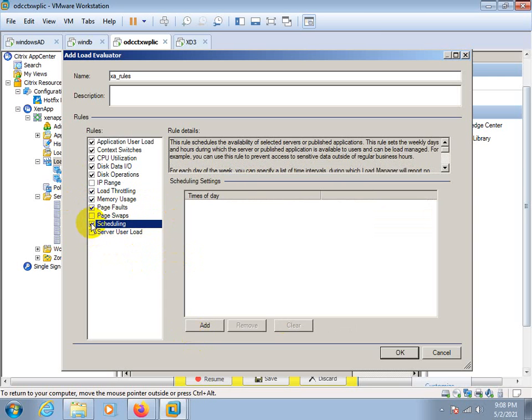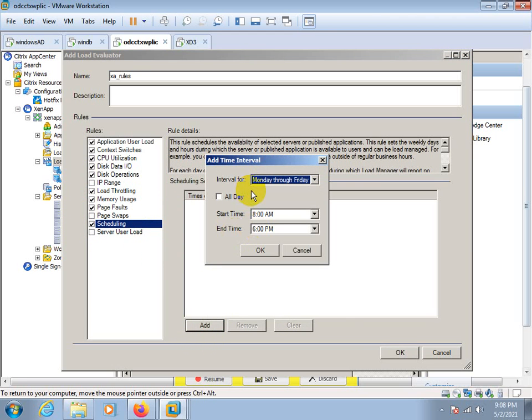Scheduling. In the scheduling, you can add, suppose, weekend or night time. Most of the servers are not in use because of the less traffic or minimum workload on the server. Try here that it is accessible Monday to Friday, or which server is accessible Saturday, Sunday.